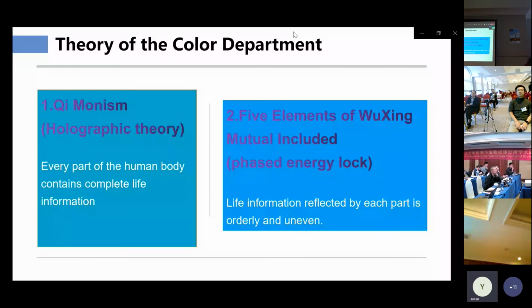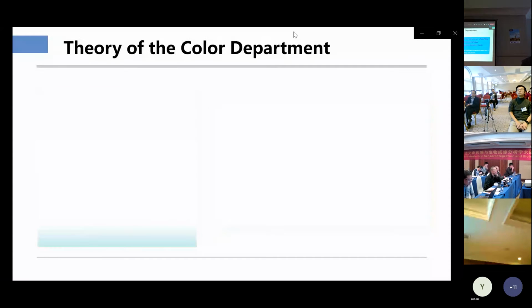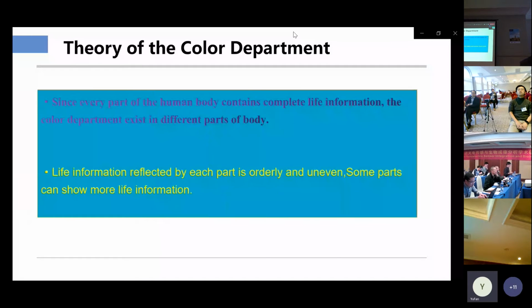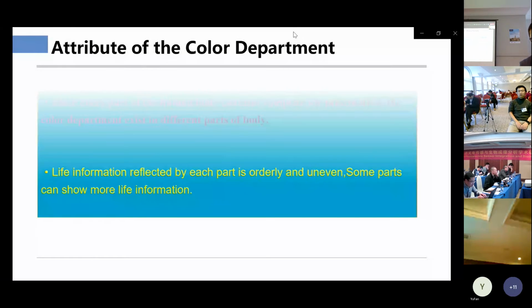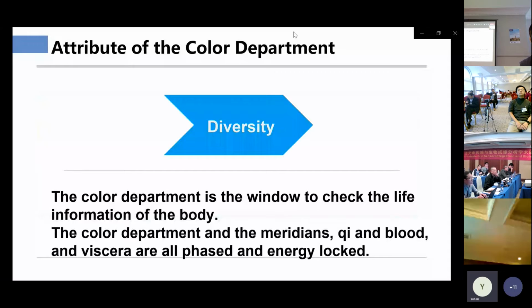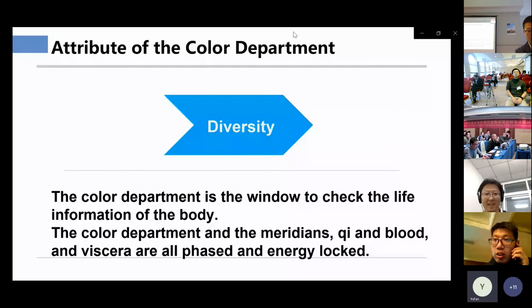For the five elements of Wuxi theory, which means life information reflected by each part is orderly and uneven. That every part of human body contains complete life information, the correspondent exists in different parts of the body. Life information reflected by each part is orderly and uneven. So some parts can show more life information than other parts. There are several attributes of the correspondent. By this, 现在可以听到了。